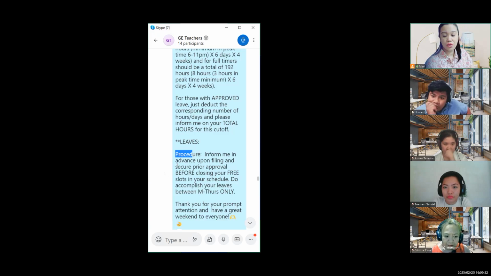You get it? So it's better to file it, like when I file my leave, way in advance, if I really know that I have somewhere to go. If you can do it 2-3 months in advance, it is better, so that it is very clear in your system and you have no booking to cancel.